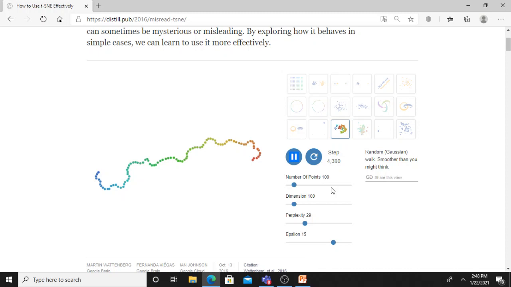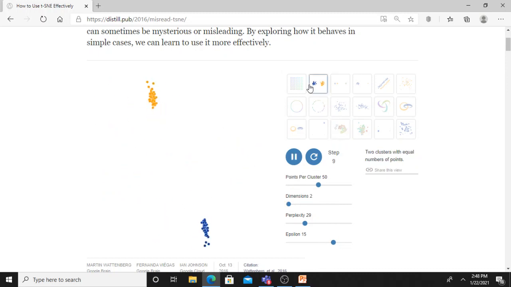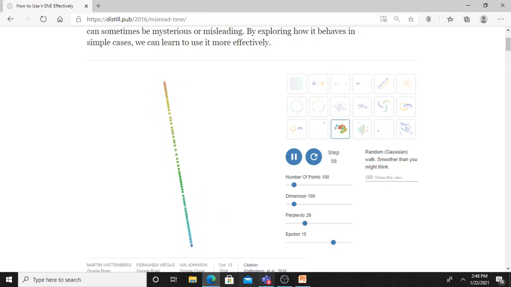What is epsilon? Epsilon is an optimization parameter. How much you change from one iteration to the other, that is what epsilon indicates. It means the more the value of epsilon, the faster the algorithm works. As epsilon increases, with a small number of iterations you will get the solution. That's important.